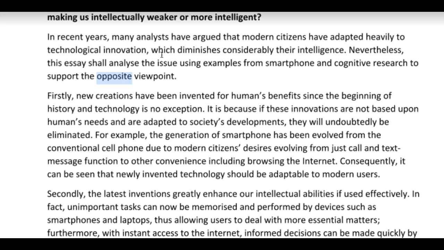So let's make it simple and much more clearly communicated and just say, this essay will, don't use shall, this essay will analyze these issues using examples from smartphones and cognitive research to demonstrate points and prove arguments. Copy paste sentence, perfect first time, and completely relevant. Okay, so I want to see that in your next essay.